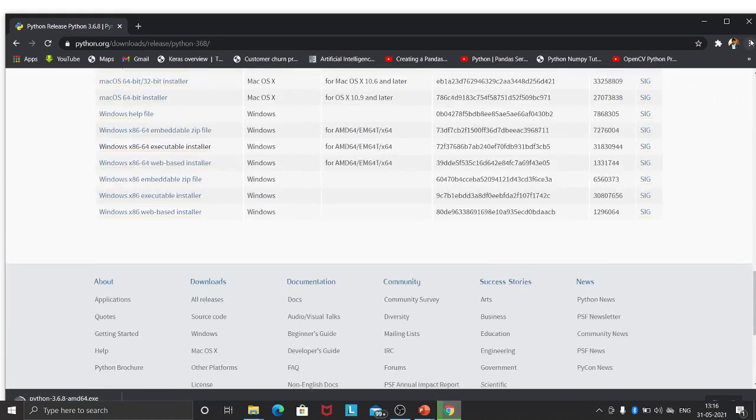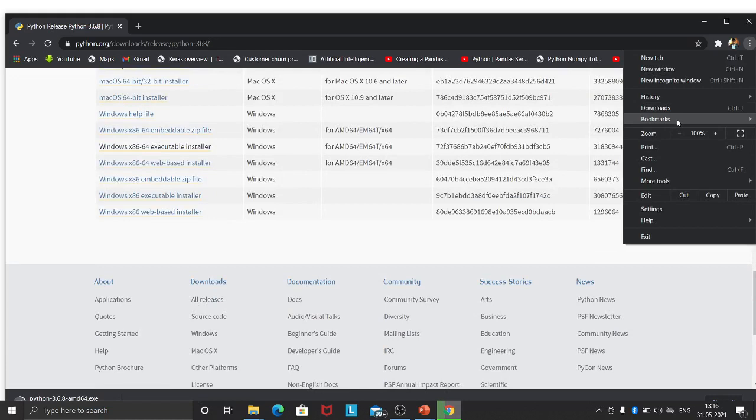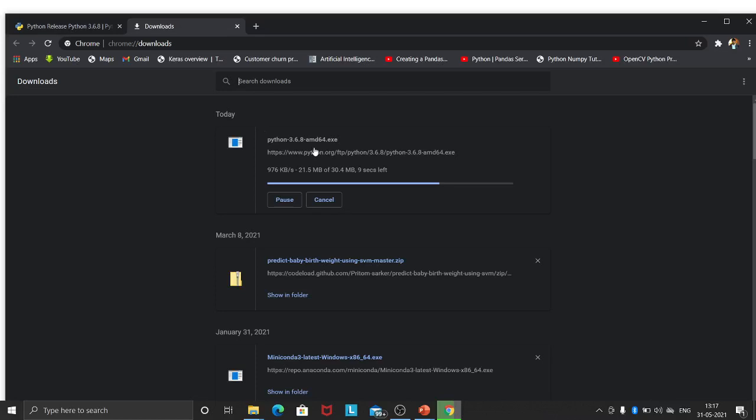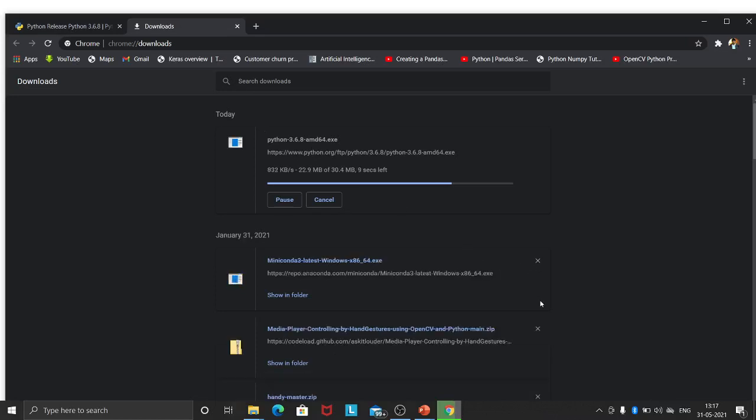See, when you go to downloads, it will be downloaded. See here, Python 3.6.8 is downloading there.